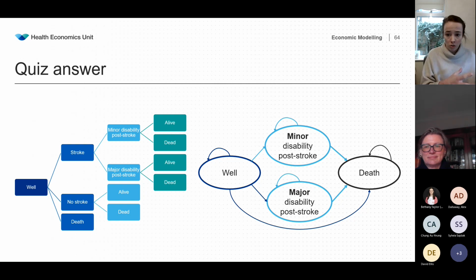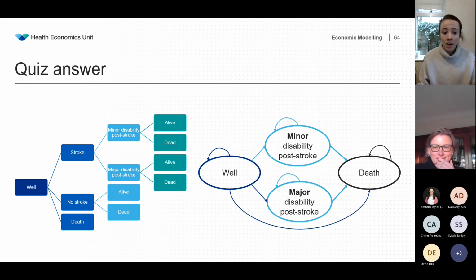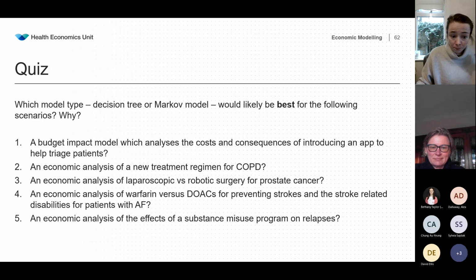We are saying we're going to choose this model with all of the assumptions that come with it. So for example, in a Markov model, we ignore where we've been before. We have no consideration of time. In a decision tree, we're assuming certain things about the time horizon. We're making certain assumptions about probabilities of being in different states, and the same scenario can be effectively modeled in different ways. So now going back to the quiz, what I put for my answers,